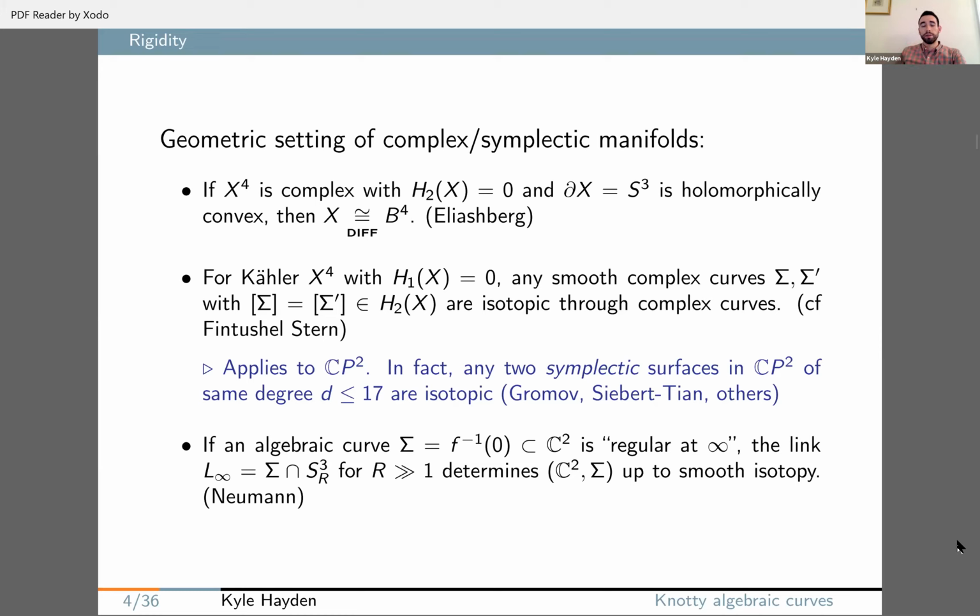Okay, so regular at infinity roughly means that nearby fibers look the same outside of a compact set. So it's not quite a fibration, but there's just some sort of homogeneity condition with nearby fibers. Okay, so this is all just to give examples of ways in which the rigidity that you see in general collapses once you add enough geometry. Okay. So yes, any questions on the second part of this backdrop of motivation? Okay. All right, so